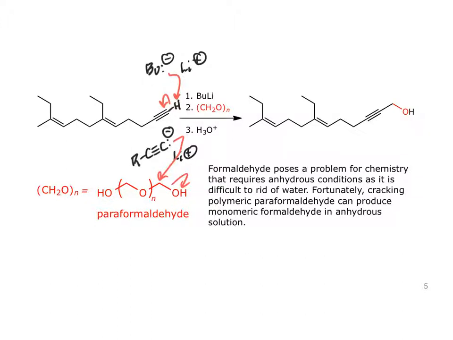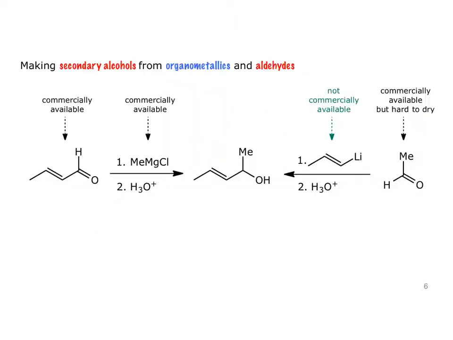So that's how you make primary alcohols. Secondary alcohols are made by the reaction of organometallics with ordinary aldehydes, where you have one alkyl group attached to the carbonyl. Generally speaking, when you look at a particular target that is a secondary alcohol, so here we have a secondary alcohol,